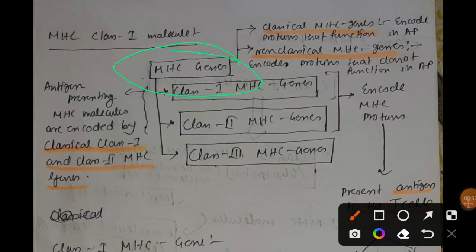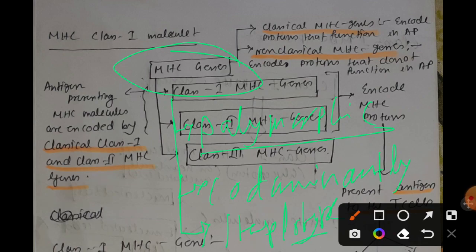We have talked about three important characteristics of MHC genes in our previous video, and they are: MHC genes are polymorphic. That means multiple alleles are present for each MHC gene, right? MHC genes are codominantly expressed, right? And they are inherited together as a unit, right? And each unit we call a haplotype,